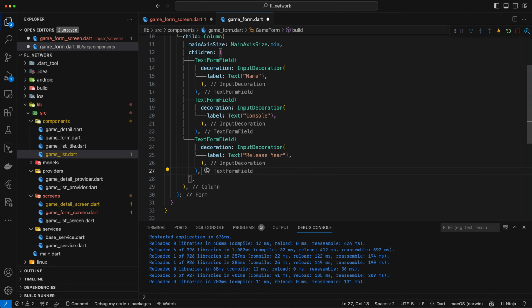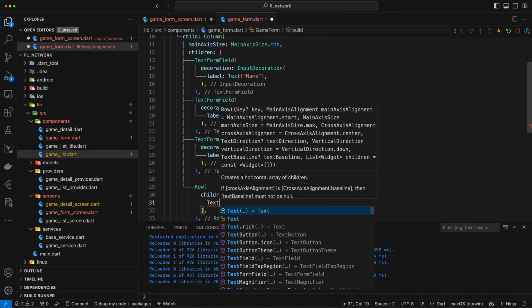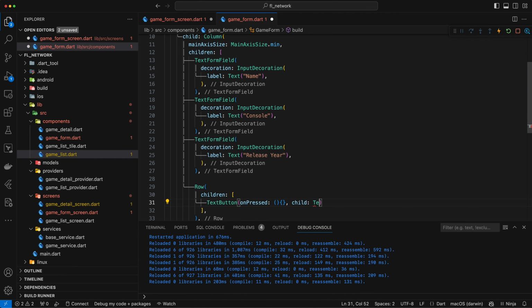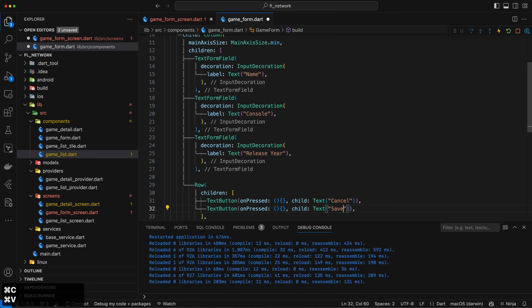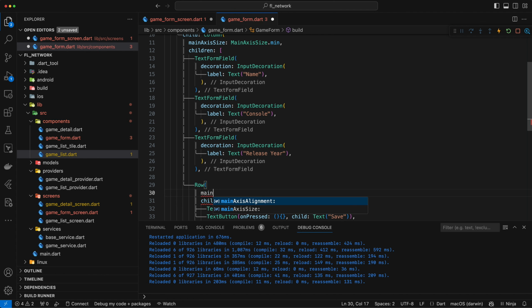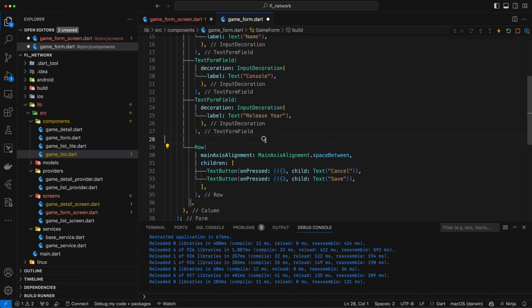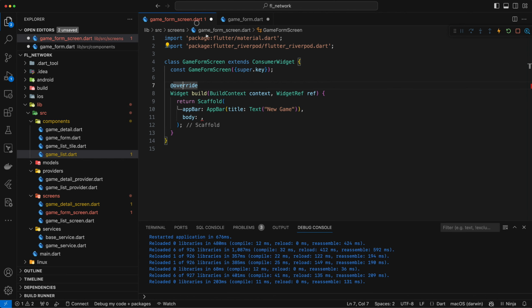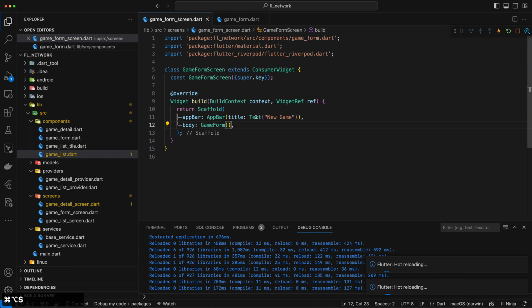And then what I'm going to do is, after all these, we're going to have a row, and this is where we're going to have kind of like the action buttons. So let's just do children, and we'll just start with a text button, and on pressed we won't do it yet, but this is going to say cancel or something, and we'll have another one that will say save. And we want to make this row look pretty good, so we'll give it a main axis alignment, space between rather, and that will put them on each side of each other. And let's wrap this whole thing in just a bit of padding. Okay, so now back over here, what the body is going to be is the game form itself. So we'll save both of those files,